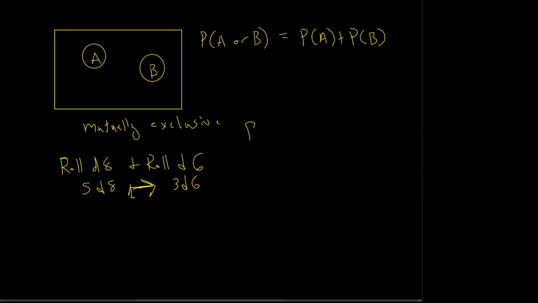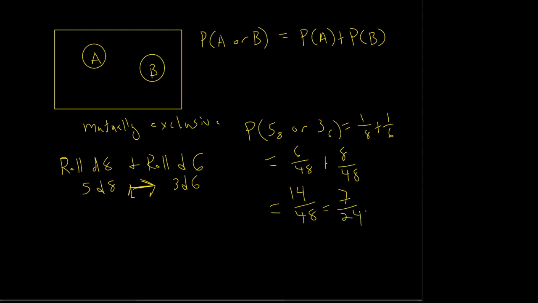And so my probability of rolling a 5 on a D8 or a 3 on a D6 is 1 out of 8 plus 1 out of 6. And so my probability would be 6 out of 48 plus 8 out of 48, or 14 out of 48,